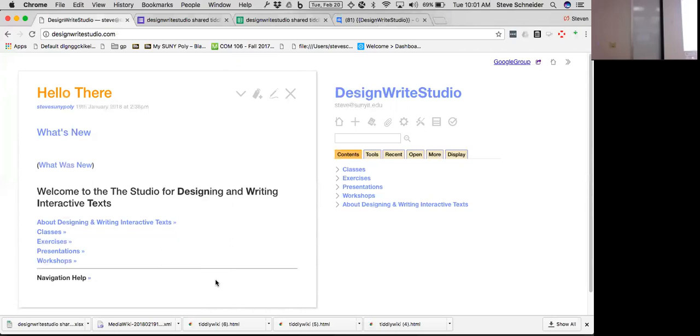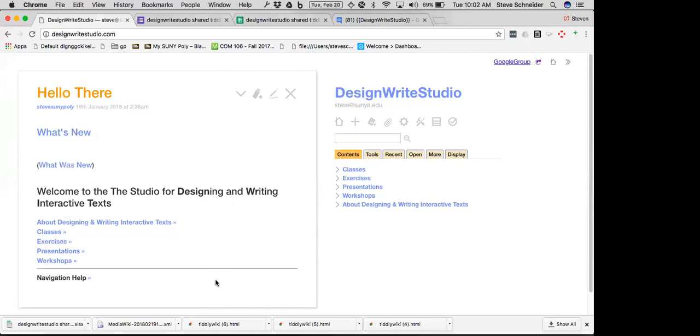Okay. So before I ask you to bring up the last thing you built for class, I want you to bring up DesignWrite Studio. And I just want to show you how you can import stuff into your own version of this so you can bring it up to date. Hey, how you doing? So if you click on the share button,